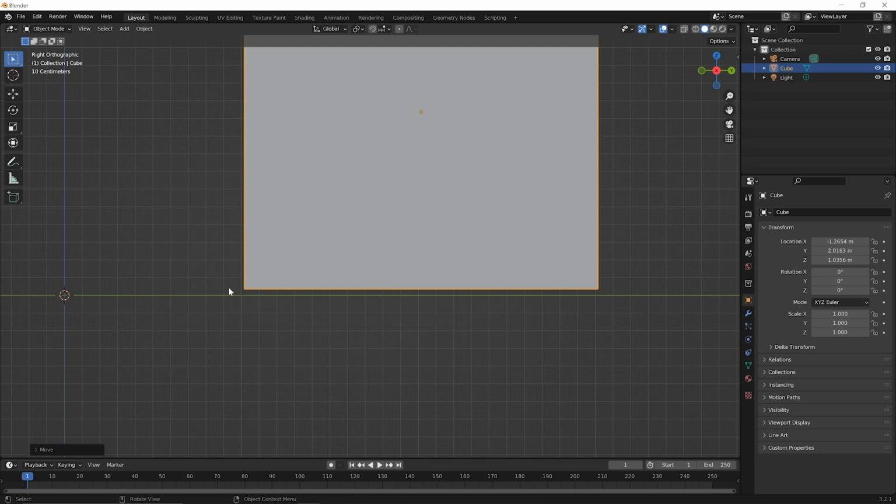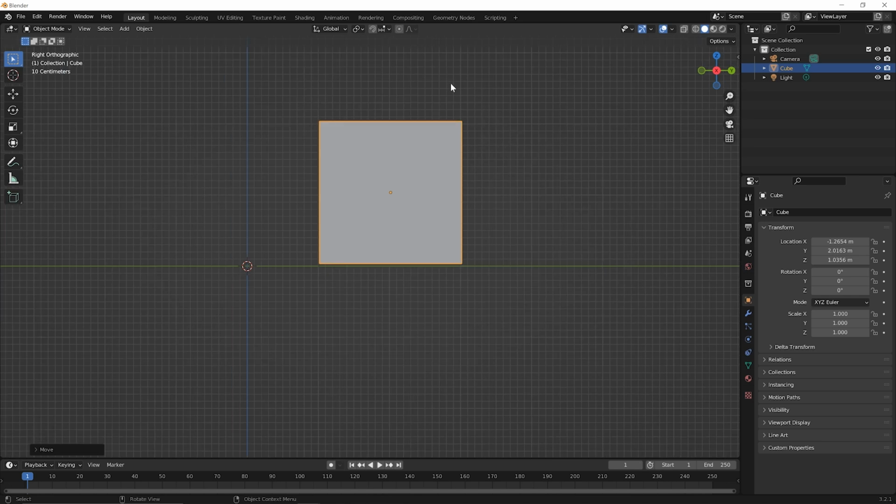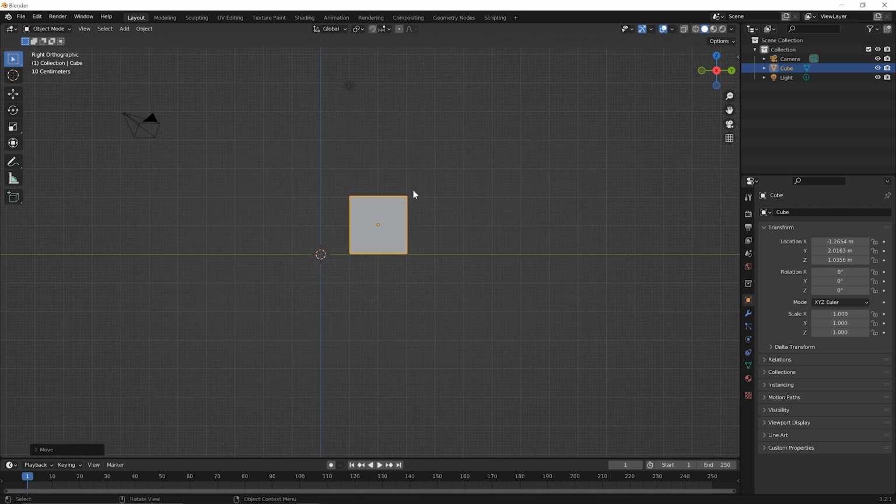Now, to show what more we can do, first, roll your mouse wheel back so that your cube, it looks like just a rectangle with this view, but it's still a cube. Roll back to where this cube is about this size on the screen, and you can see these larger grid squares. So the cube is roughly 2 of these grid squares wide. You want to be able to see the larger ones, not be so zoomed in that you see all the